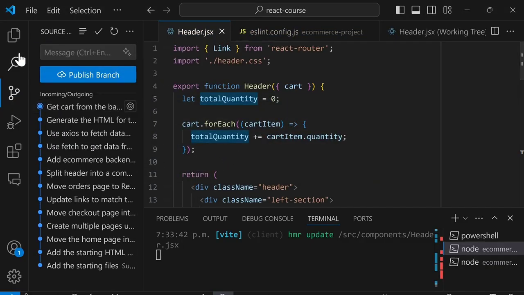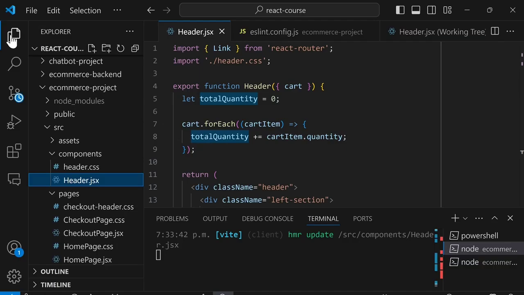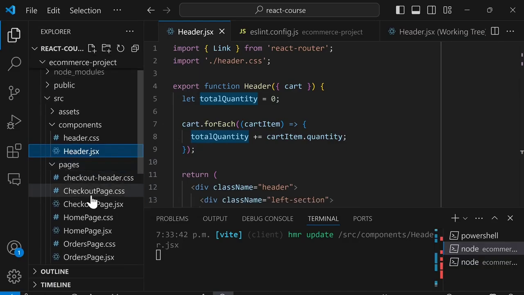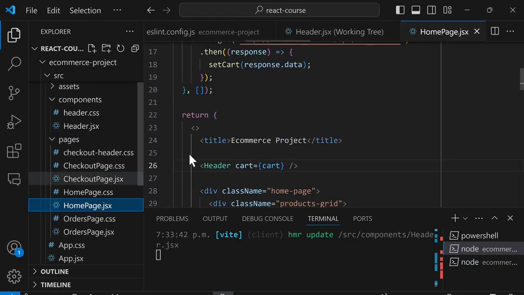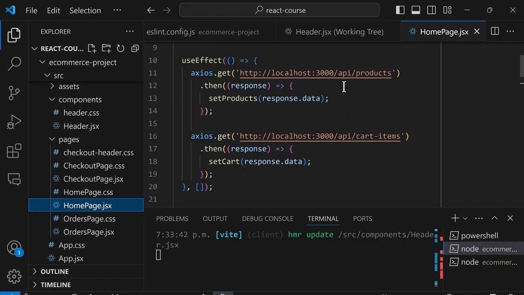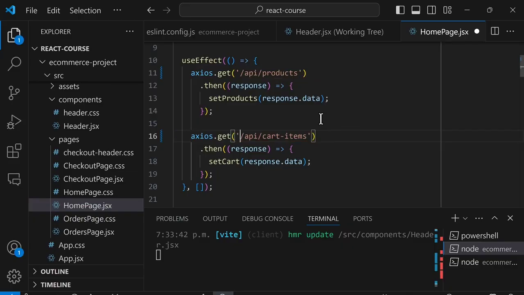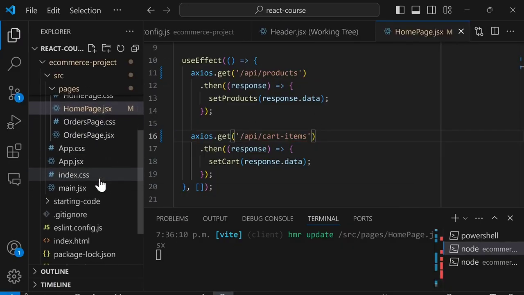Next, if we go back to the homepage, so in our files, go to Pages and HomePage, and scroll up. Notice that for each request, we're sending it to localhost:3000. So we can actually set up a shortcut in Vite, so we don't have to type localhost:3000 every time. So we can actually remove these and save. And then we're going to go to our files and we're going to open